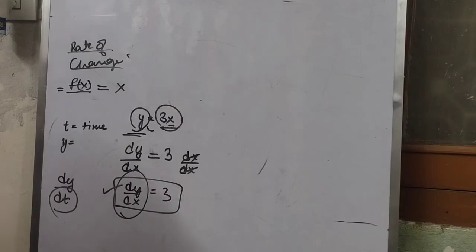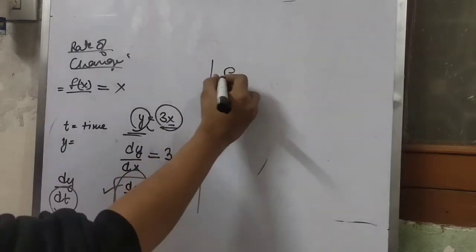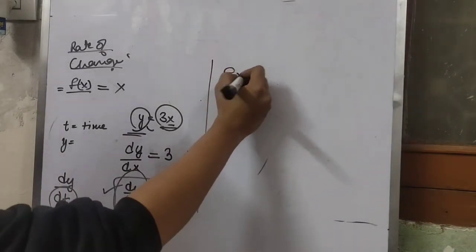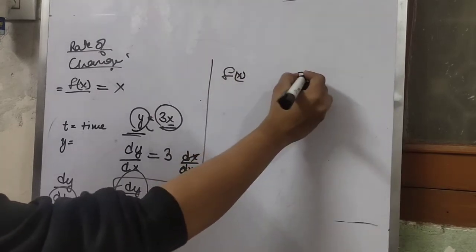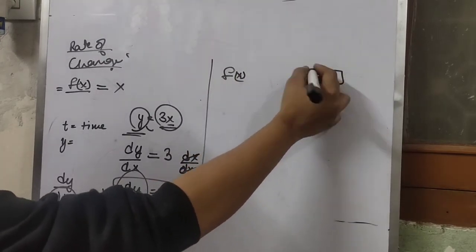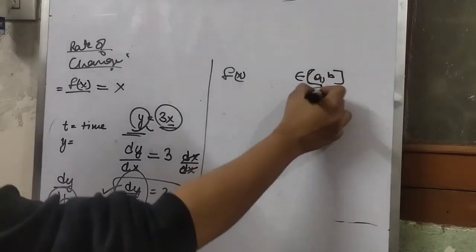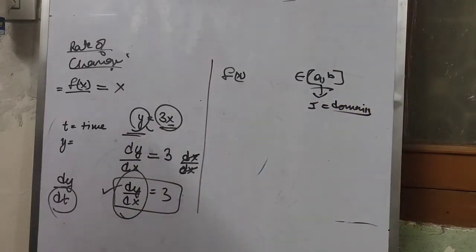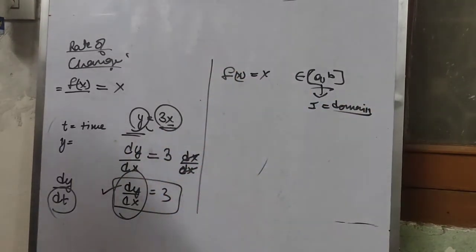Again, suppose my function f is a real function working on an interval I, where I is my domain. So my function is f(x) and it is working on the interval (a, b), where a and b are my interval endpoints, and I call this I, which is equal to my domain. How will I work out whether the function is increasing or decreasing?